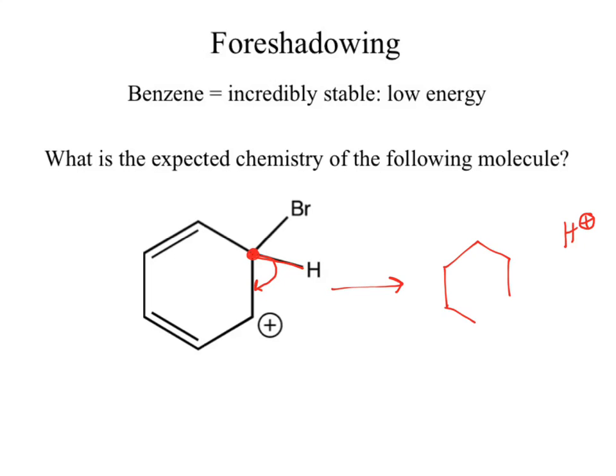What happens with the rest of the structure? What's special about this guy? It has an aromatic ring. We'll address the leaving group. Well, we won't address the leaving group ability. That bromine is not the greatest leaving group because it would form a positive charge on that ring, which is